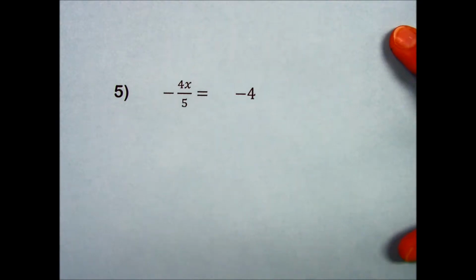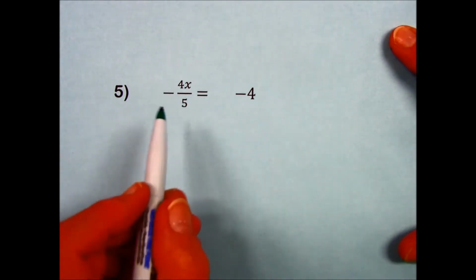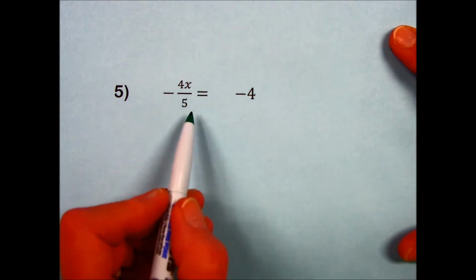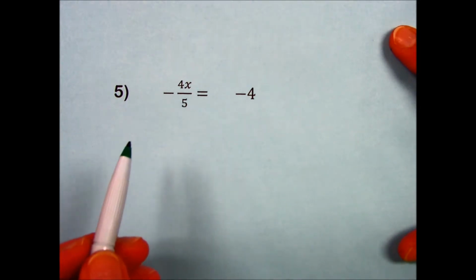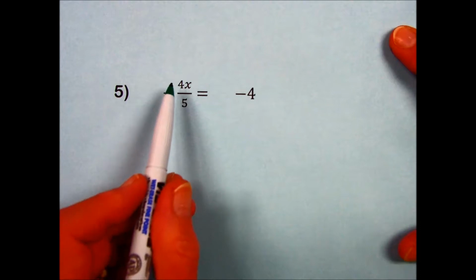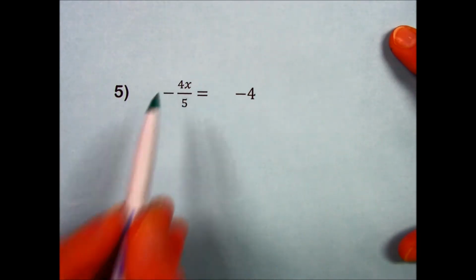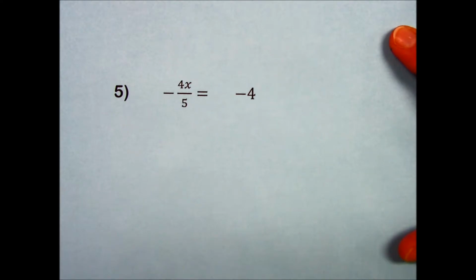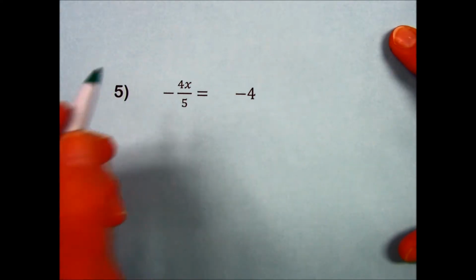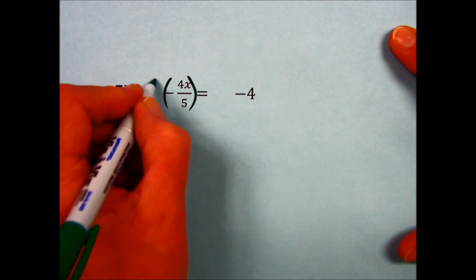Problem number 5 has the variable being multiplied by a fraction. Same procedure, with one additional consideration. We have a negative number. We always want to solve for a positive variable. So multiplying here by the reciprocal would be 5/4, but to end up with a result of a positive, we're going to multiply by a negative